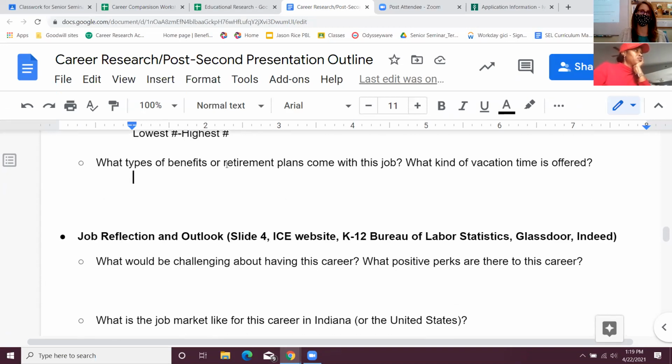So benefits would be different types of insurance, retirement. Some jobs have pensions. You'll get it if you've worked so many years. Like if you're a teacher, you have to teach 10 years to get your retirement at 65. It's some weird formula. If I wanted to quit teaching early, I would have to wait to get it until the sum of my teaching years and my age is a certain number.